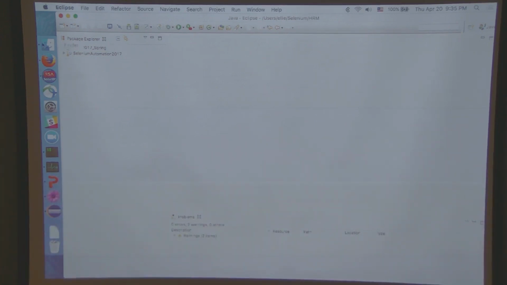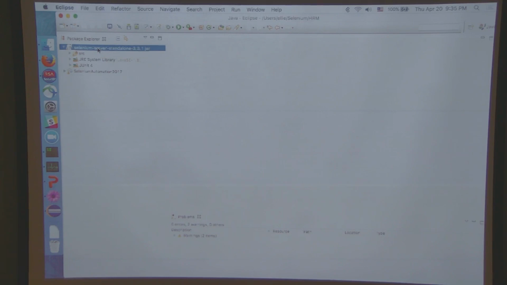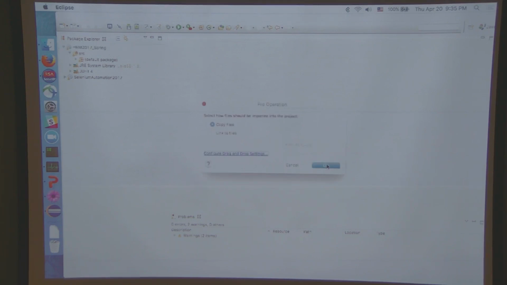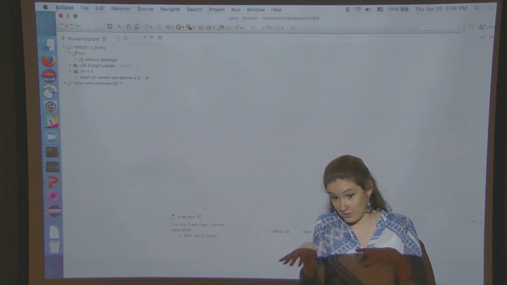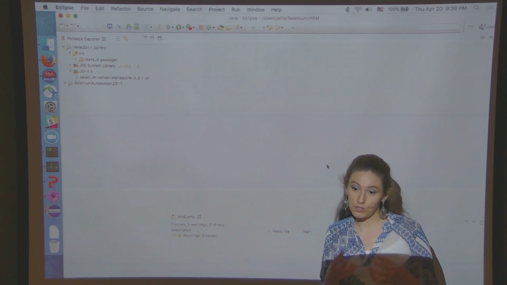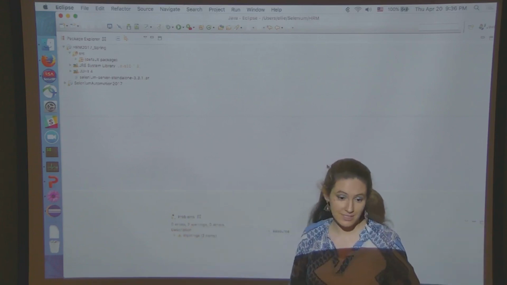So, here's my project, right? I'm going to take my jar, here it is, and I'm going to drag it until I see a plus sign. I don't want to put it inside source. I don't want it in source. I want it in my project, all right? Ta-da! And I'm going to say copy. Coolio? Yeah, got it. Now, I'm a neat freak. I like to have things all in their own little folders. So what I'm going to do next is I'm going to create a little folder and then put that in the folder. But if you're okay with it just floating around, then let it float around. It's not a big deal.